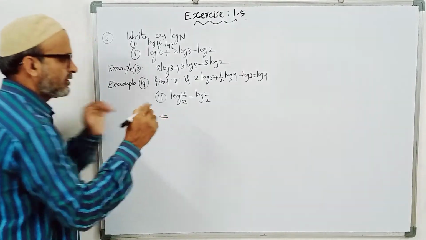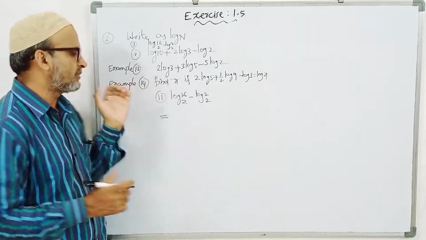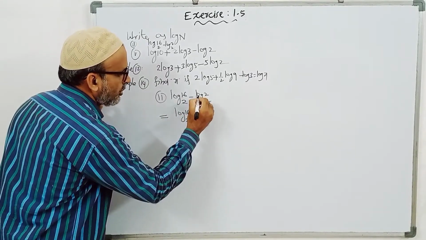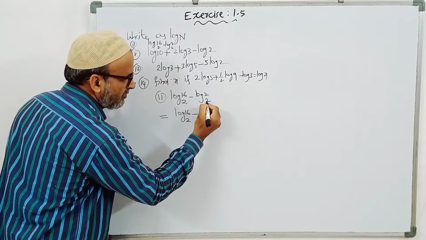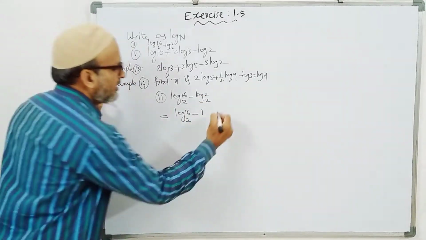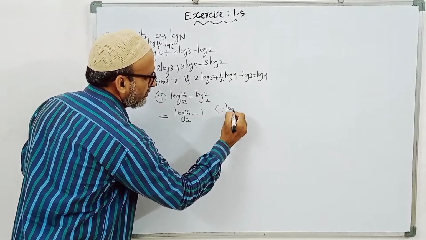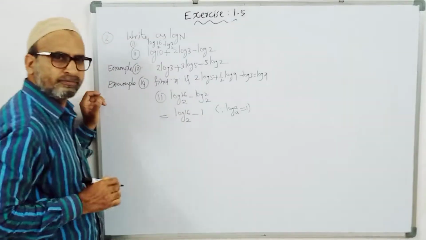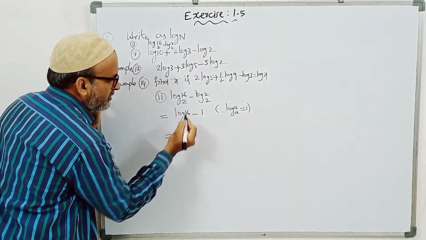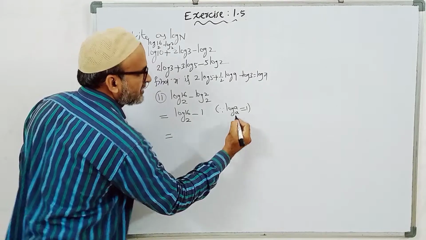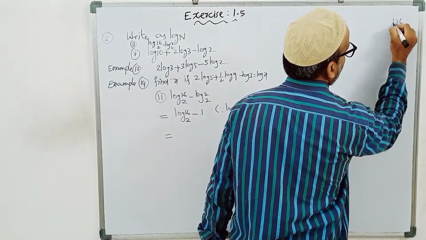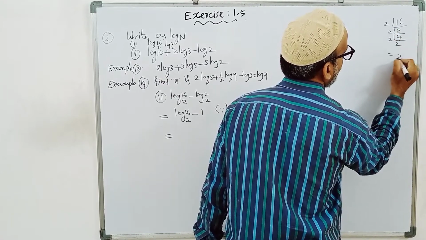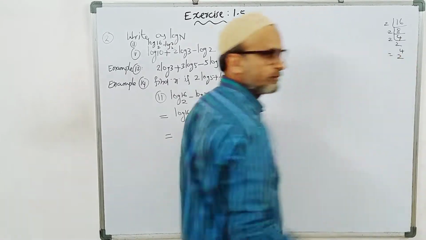See, I can do this with two methods. I am doing one easy method. Logarithm of 16 base 2 minus logarithm of 2 base 2, same number with same base is 1. Here there is no need of writing every time if you know the formula: logarithm of a base a is equal to 1. Now 16's factors: 2 8s are 16, 2 4s are 8, 2 2s are 4, 2 1s are 2, so 2 to the power of 4.